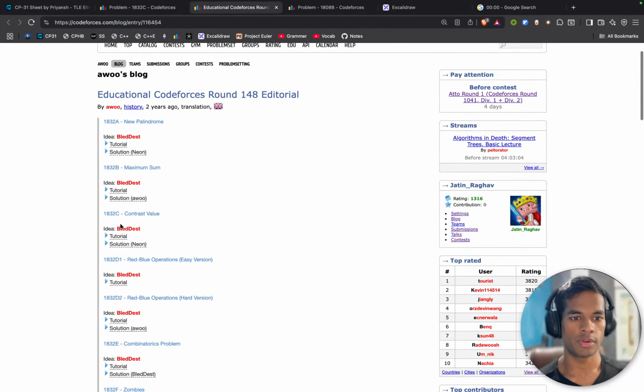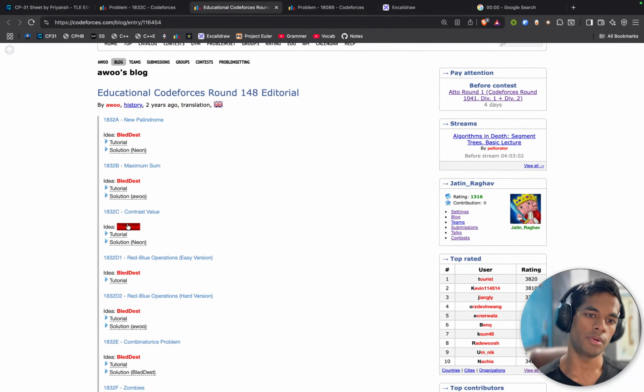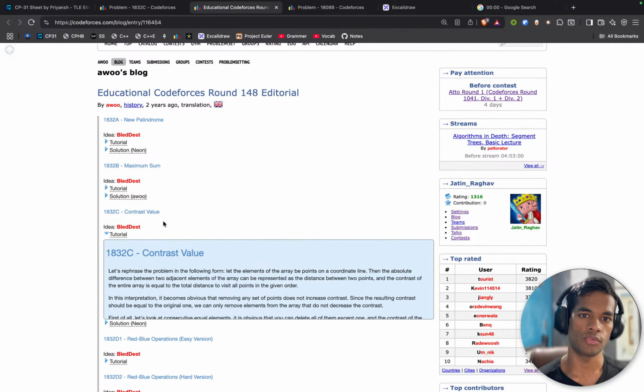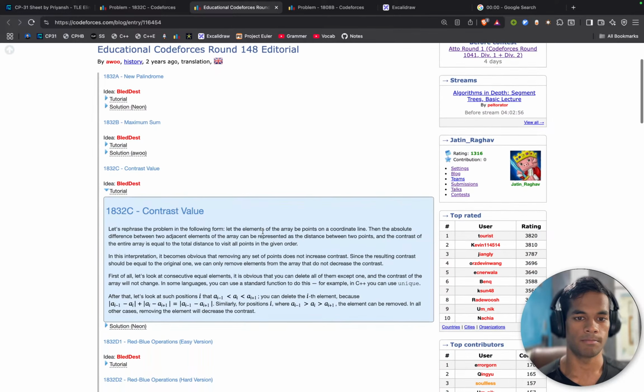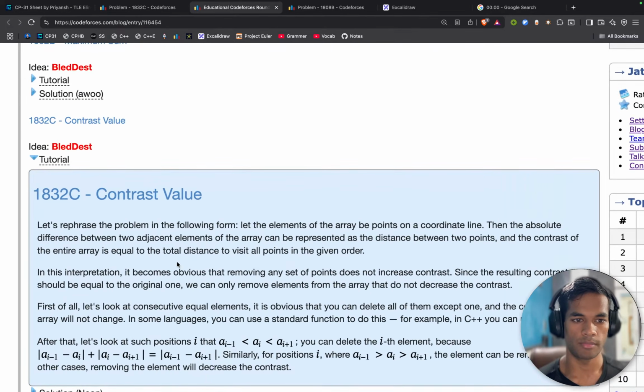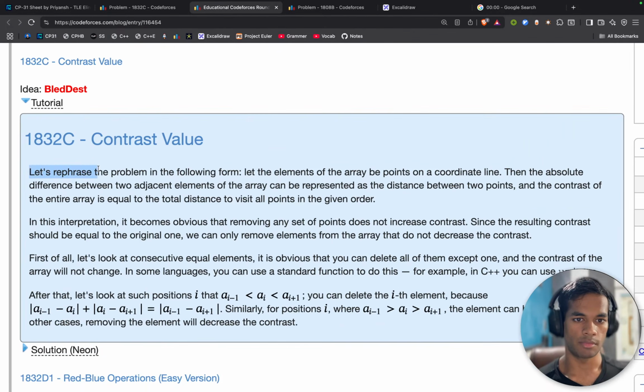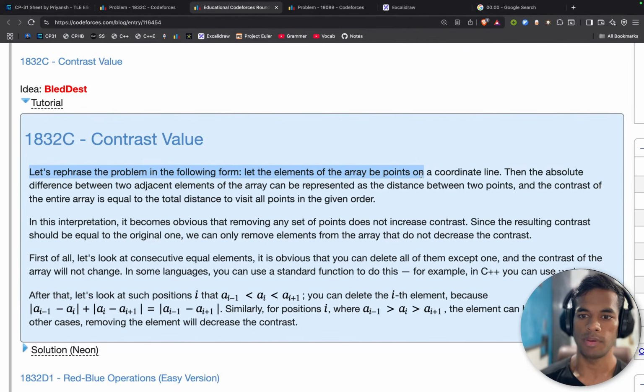This was division 1 and 2. So I was able to do a division 3 question. That is good. Round 148. That is very old. Let's rephrase the problem in the following form. Let the elements of the array be points on a coordinate line, then